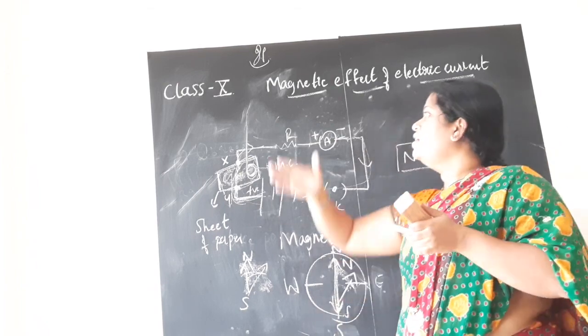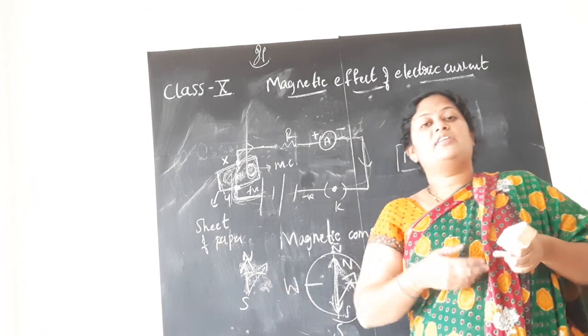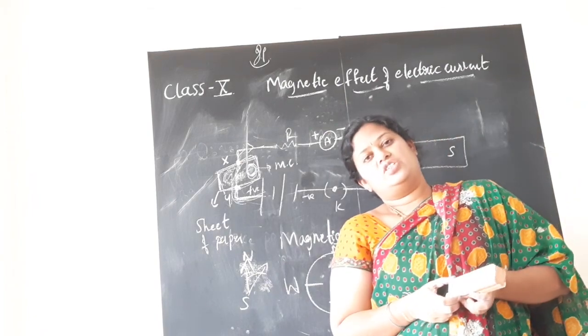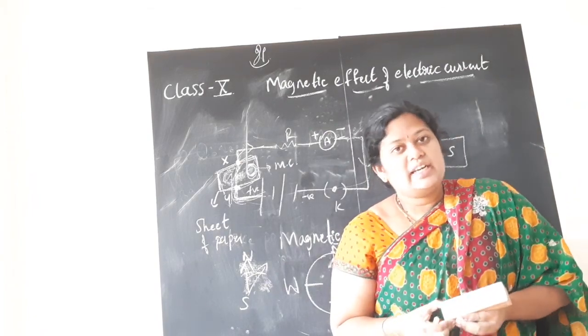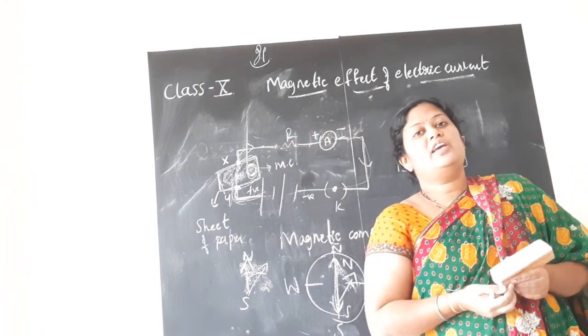Now we are studying how this magnetic field produces electric current. Is it not interesting, children? So now let us study in detail how this magnetic effect or magnetic field is producing the electric